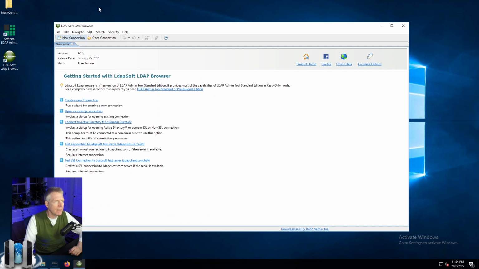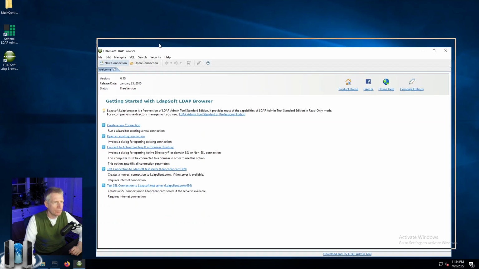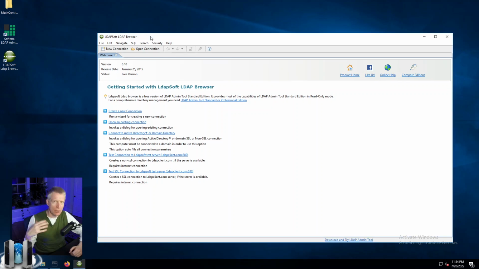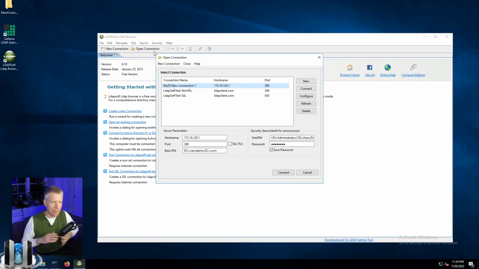So it's called the LDAP Soft LDAP browser. So the company I imagine is LDAP Soft, and it's called LDAP browser. And so this is a read-only browser. It doesn't allow you to change anything in the LDAP directory,